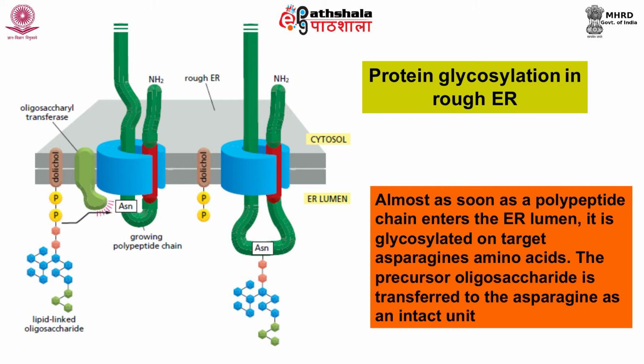The oligosaccharides along with sugar residues are transferred from dolichol to asparagine as a single unit. This transfer is very specific. It happens at a specific consensus sequence by an enzyme called oligosaccharyl transferase. One copy of oligosaccharyl transferase is associated with each protein translocator. It allows the enzyme to scan and glycosylate the incoming polypeptide chains efficiently.